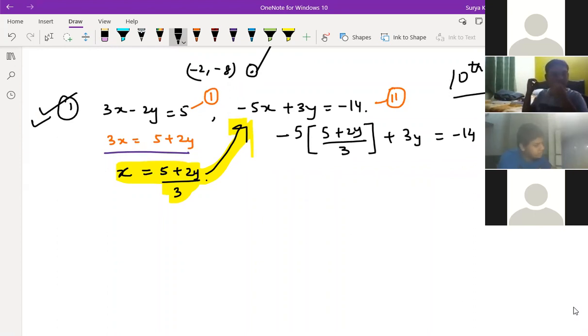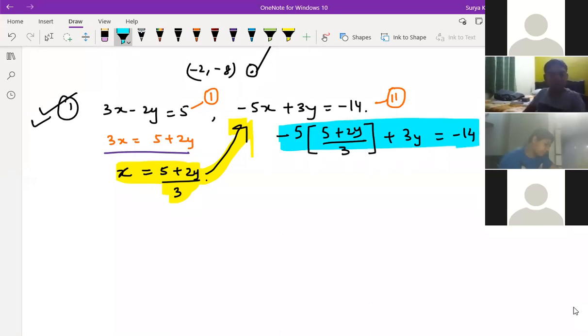Because in 9th, nothing is there in this chapter. What should I teach? If you teach only 1 or 2 hours, everything is over. So try to go a bit deeper. Till 10th class, you will not have any doubt if you are doing this. This type of question, if you know it, you will not have doubt in the pair of linear equations in two variables. So is this line clear to everyone, or are you having doubt? No doubt, sir. Clear.